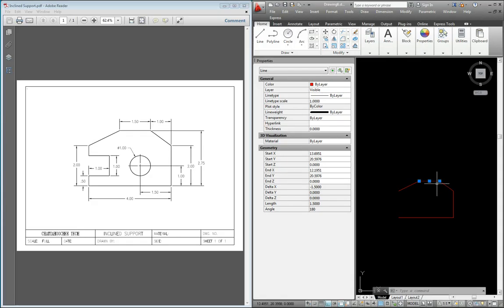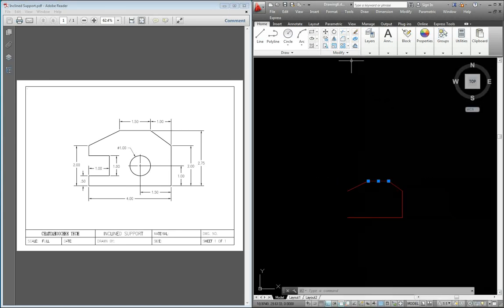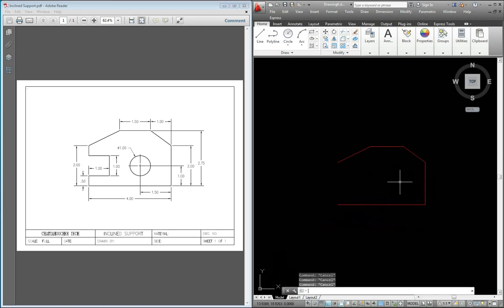So the line's 1.5 just as it should be. So I'm going to turn the properties panel off to save a little room. Also, when we get to the end, I'll show you how to double check the... Well, I'll go ahead and show you. Just to double check, don't put these in your drawing, but if you want to check the measurements here, these